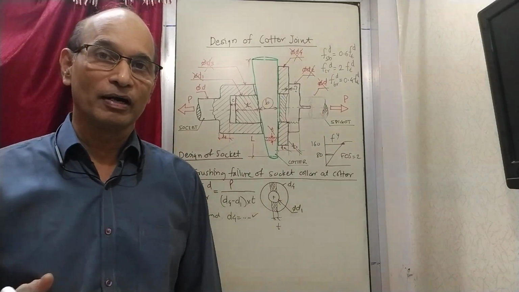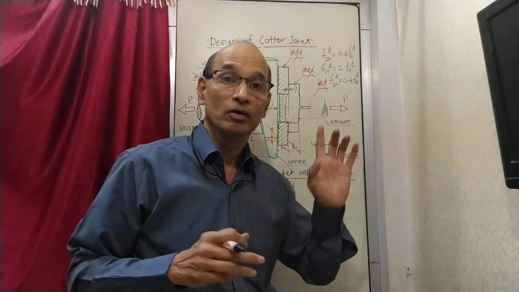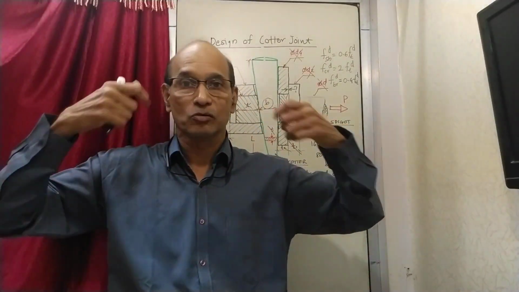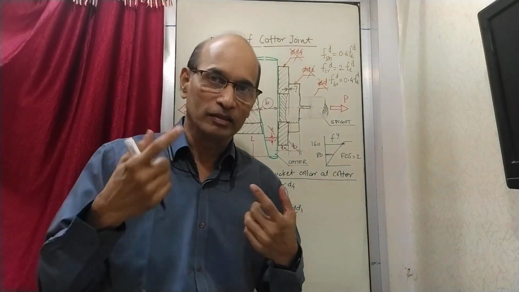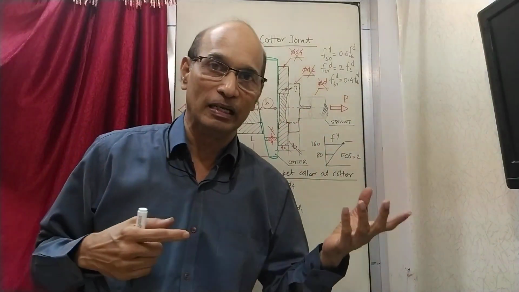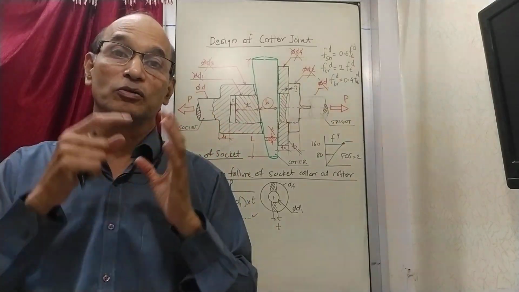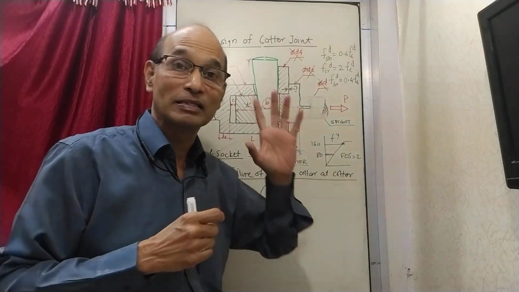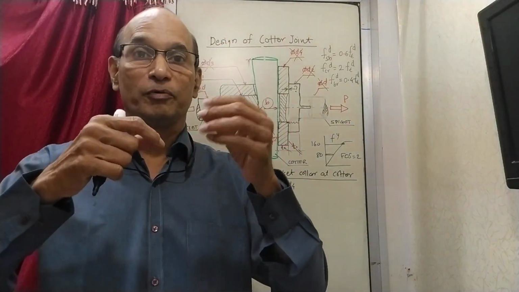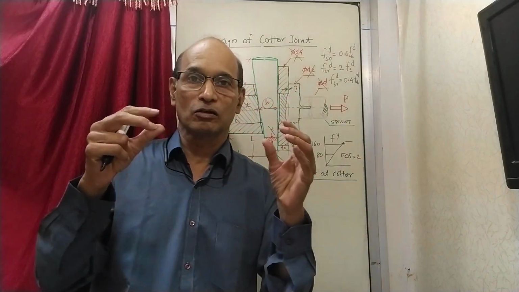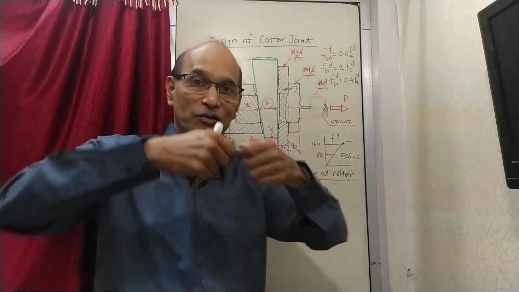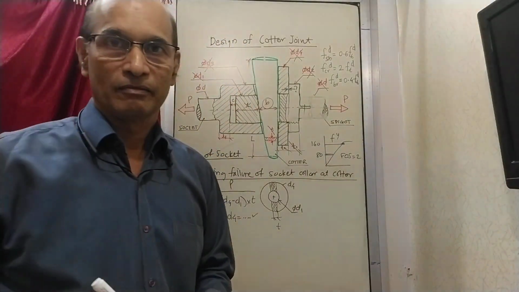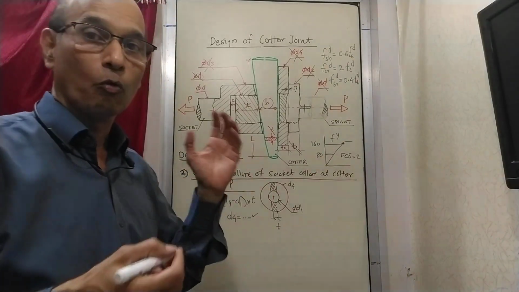If you still find it difficult to understand, think of this as not made up of steel, because taking a steel rod and breaking it is not so easy to imagine. So maybe you can think of some other material which is easy to break. Whatever you feel is easy to understand, that kind of material you can think of. For example, clay. If you take clay, you can make some models out of it. Suppose it is made of clay and you are trying to pull. Then you immediately realize that it is going to break like this, which is a tensile failure. So this way you can think over what is going to happen.